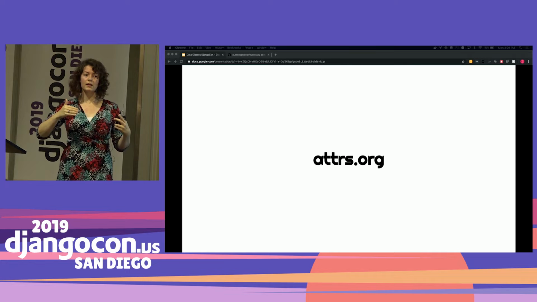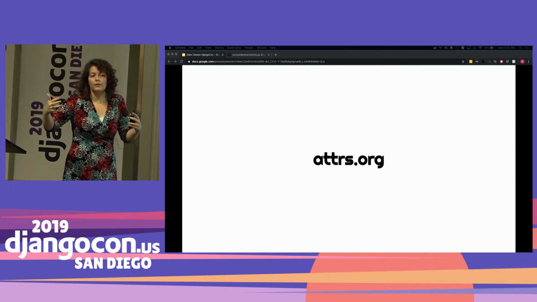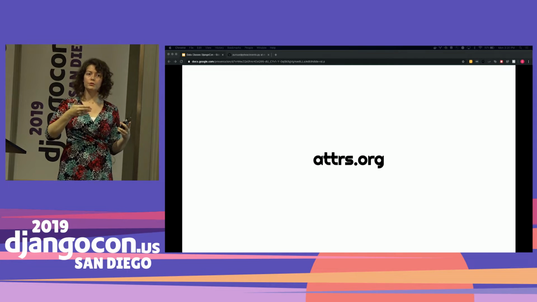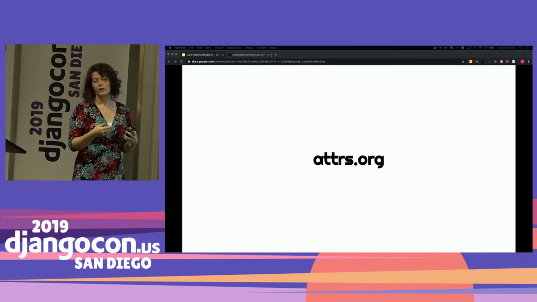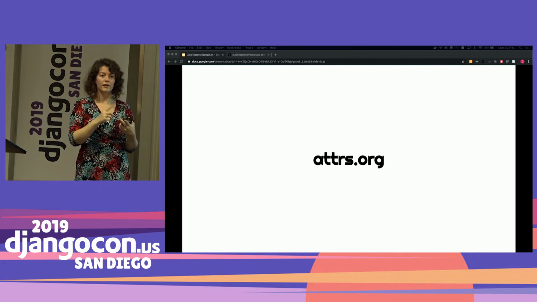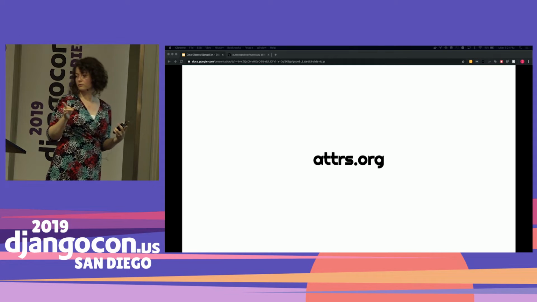And because data classes are based on, the implementation is based on the adders project, the reasoning kind of transfers. So why would you use a data class instead of a name tuple? Some of the reasons are readability, sharing code, the clarity, the explicitness. So if you're curious about that, go check it out.